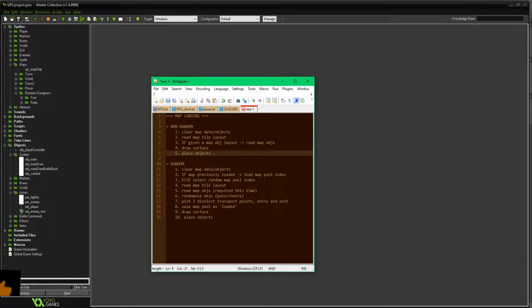So then the newer maps are these random ones, and they're a little bit more complicated, but I've simplified this as much as I can really. So the first step's the same, gotta clear it all. Next is a new one. So this is actually what went wrong last time, in that all the object stuff was fine. It was the map layout that wasn't fine, because I hadn't told it that it had been loaded previously, in this step anyway, so that it needed to select a random layout out of